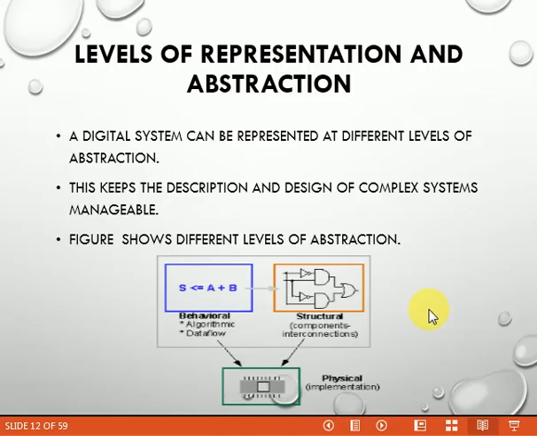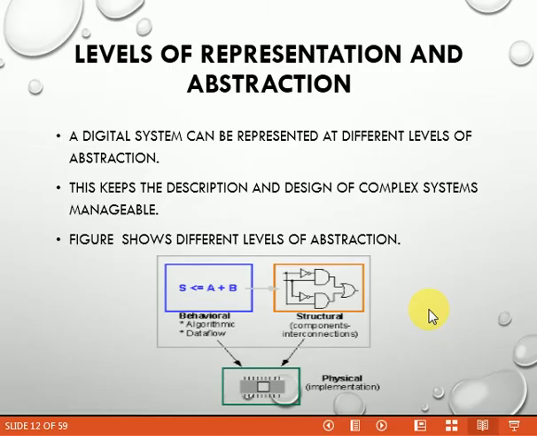That means whatever the specifications that we need to implement will be decided by this behavioral abstraction level. Rather than in terms of components and interconnection between them, it defines how it behaves. Okay. So a behavioral description specifies the relation between the input and output. So here how the output is going to be depending on input will be specified. Now this could be any Boolean expression or a more abstract description of a system.